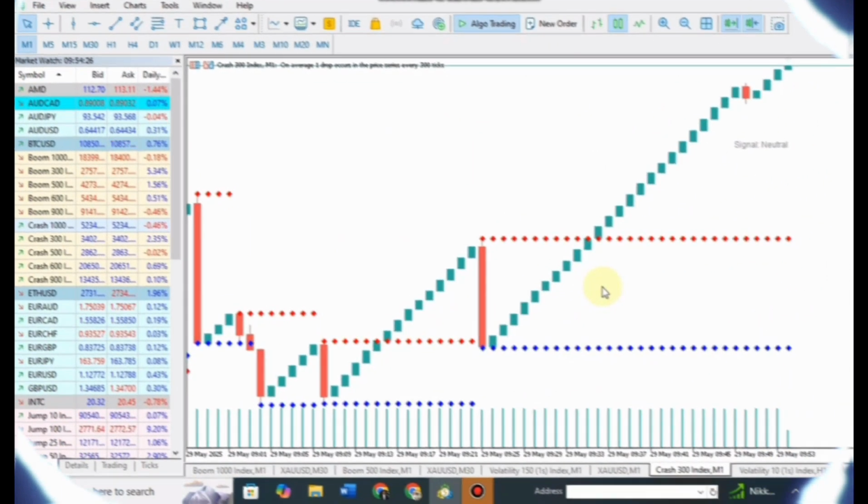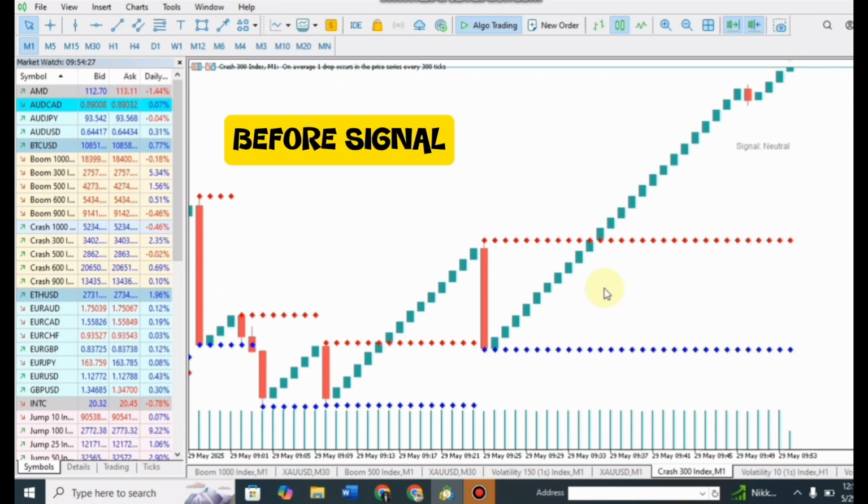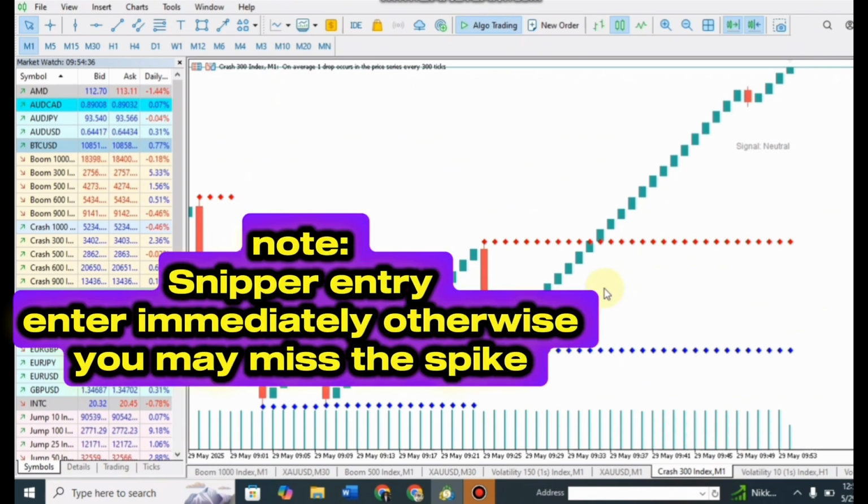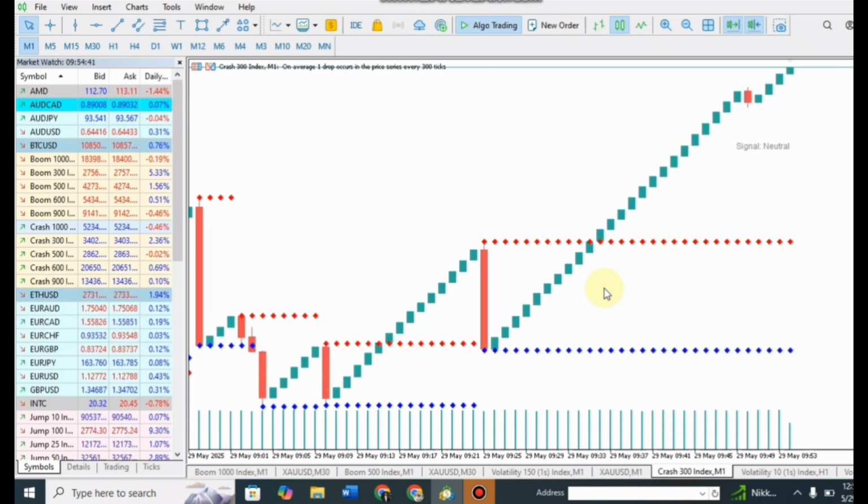This is the setup in Crash 300, and this is how it goes. You wait for the spike, for the red arrow to appear, then you enter your entries. Sometimes you get a sniper entry. For example, this one was a sniper entry. That is when it gives you an entry and it spikes immediately. Anyway,